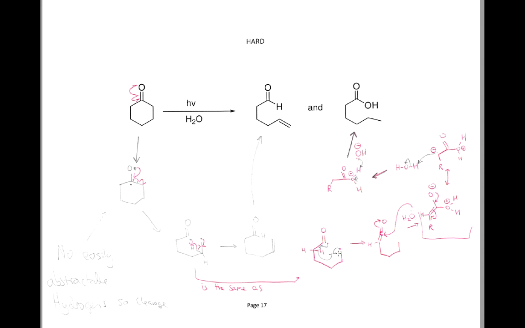So the abstraction of the hydrogen occurs from this position. This allows us to form a pi bond that gives us our CH3 group intact, but then produces this intermediate. You might remember from class 1 that this functional group is a ketene. So two consecutive double bonds, it's like an allene, but one of those double bonds is to oxygen. Looks kind of weird, sort of rare, but it behaves just as you would expect a regular CO double bond to react. It's attacked by nucleophiles such as the oxygen in water,